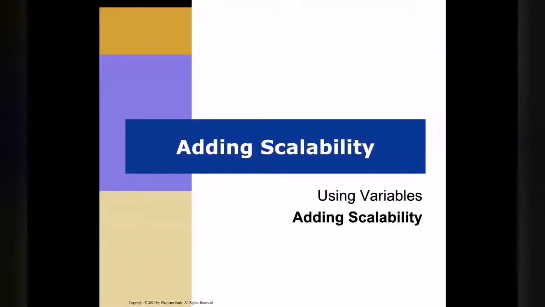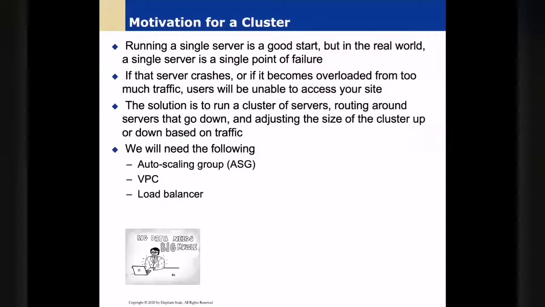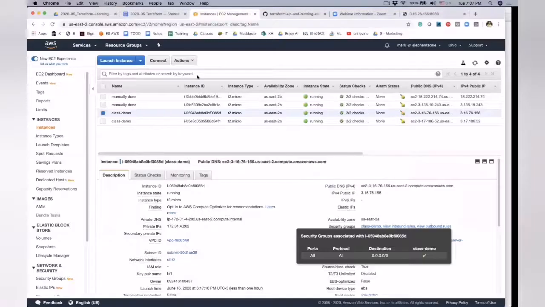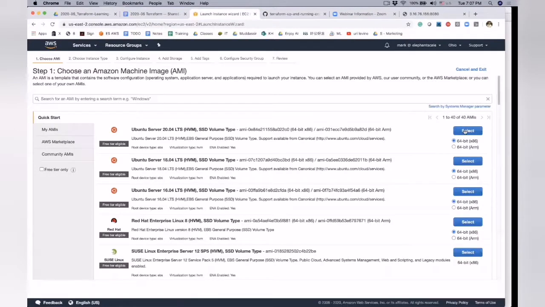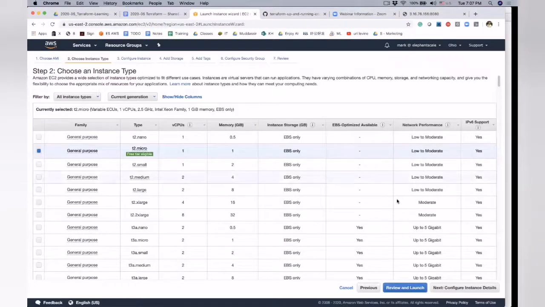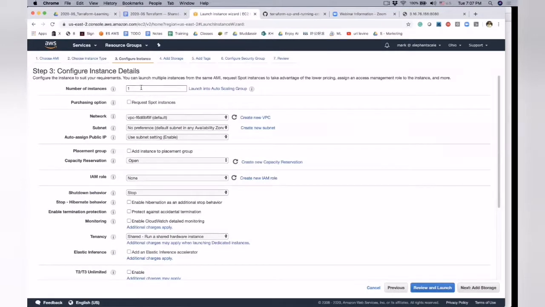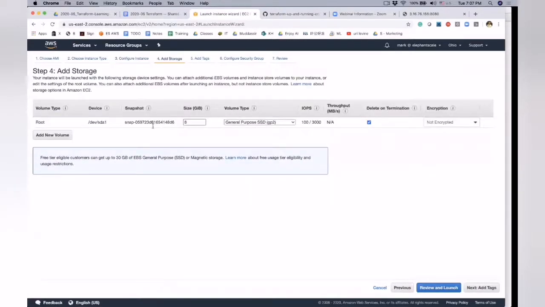But now we're after today's lesson, which is adding scalability. So here's what we're planning to do. We're planning to use a lot of servers. When you were starting your instance, and you chose any one of them, but you said, I need more than one, let's say you said you need 3. You'll get a warning. Let's go. Your instance will be launched. Here, well, I didn't get a warning.